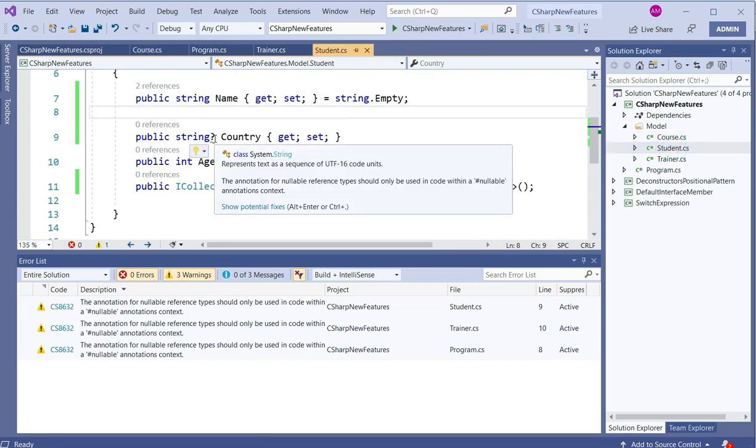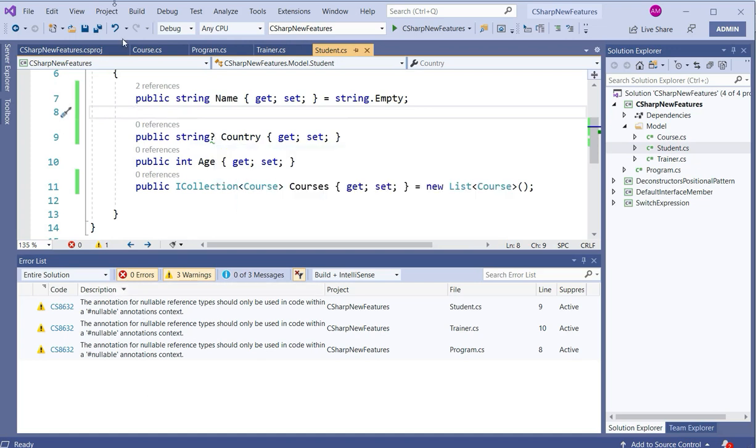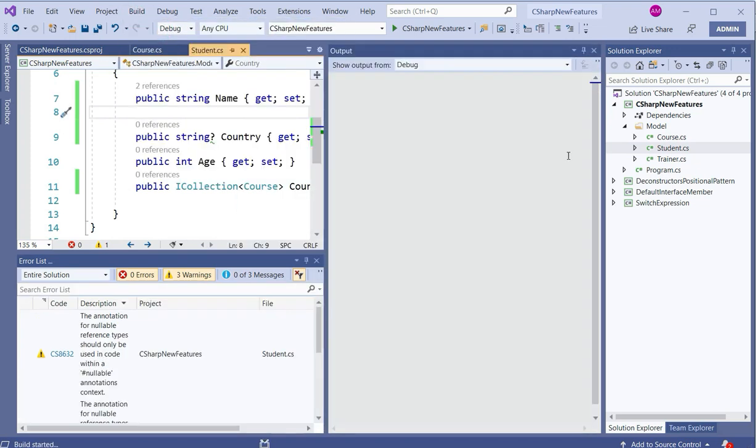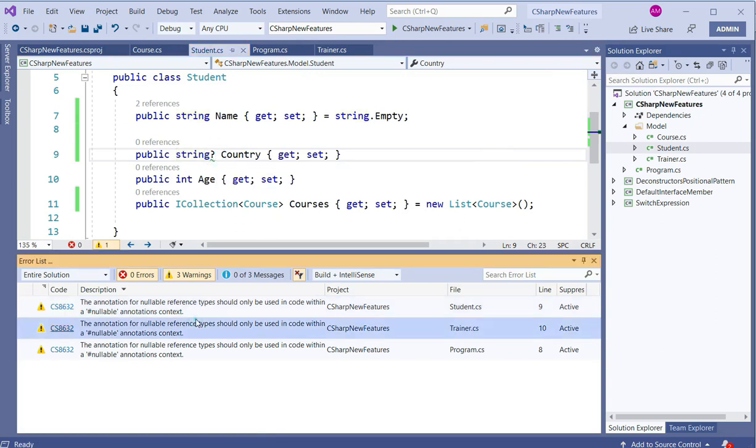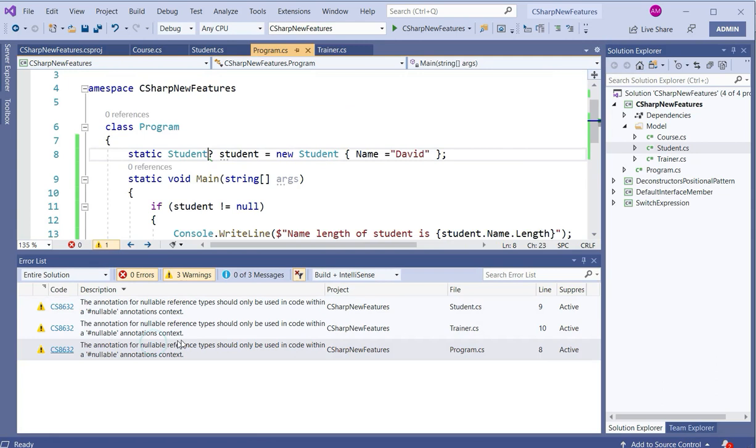And we can also not use these nullable reference variables in our application. Let's build it, because earlier it was applied to the whole application, so we cannot use these features like nullable annotations. It says the annotations for nullable reference type should only be used within nullable annotation context.